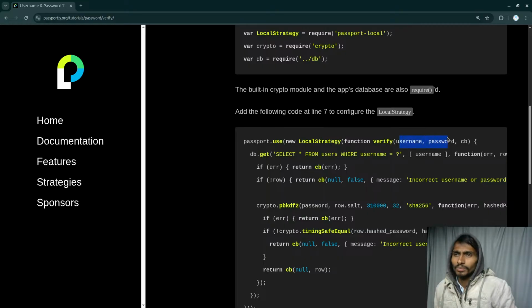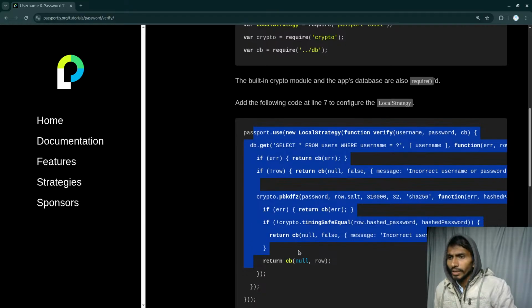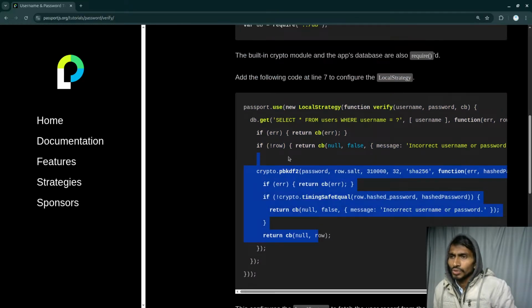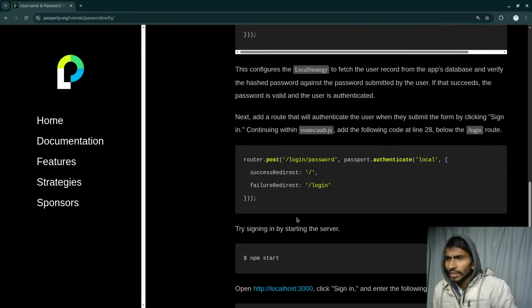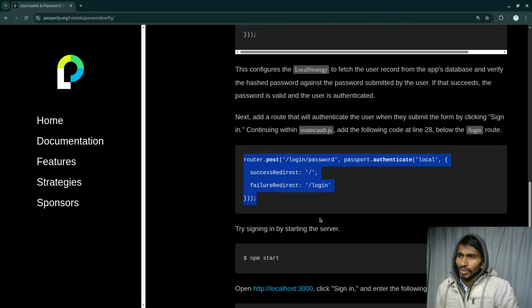So as soon as I call that particular method, this particular hook will be called, and the user will be checked whether the user is logged in or not. As simple as that. And then this is the method that I was talking about. So as soon as I call passport.authenticate local, this particular method is called, the user is checked whether the user is logged in or not.